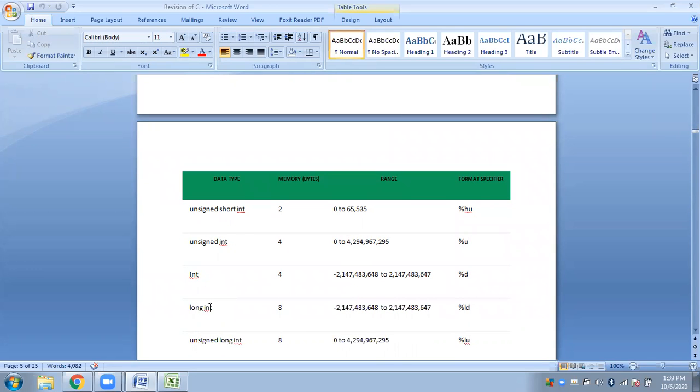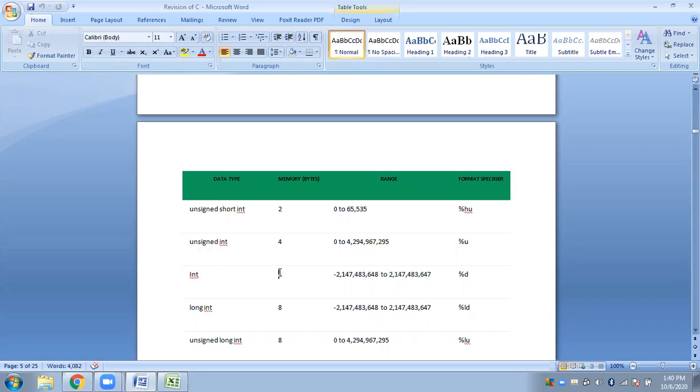Say you have a very big number that you have to store, which will not come under this range, a number from outside this range. In that case you cannot use int only. You have to add another keyword, which is the long keyword. So long int will simply double the size of integer.